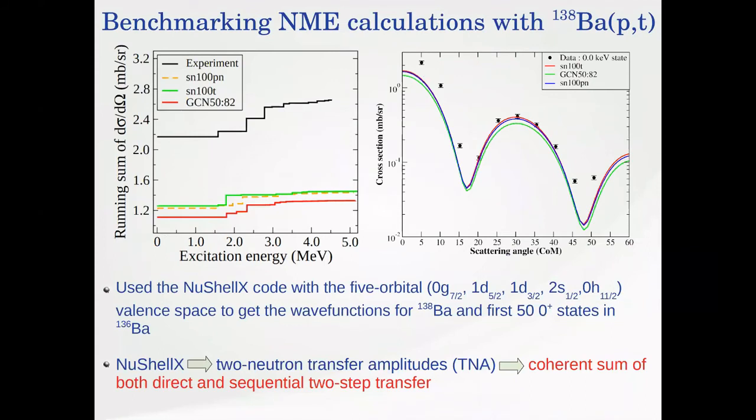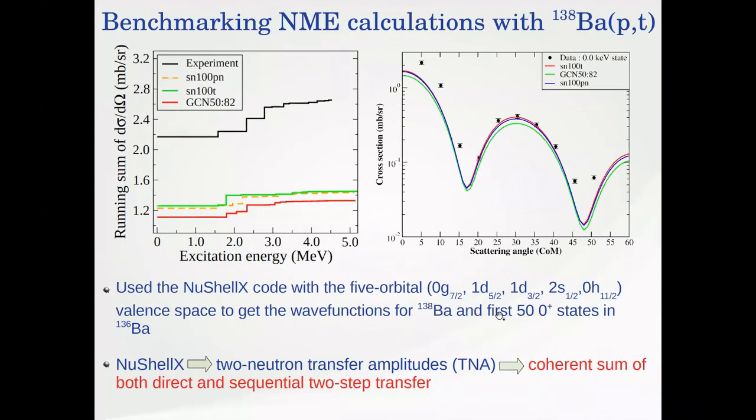Then we went ahead and collaborated with Alex Brown from Michigan State University, who gave us 3 interactions that are generally used for neutrinoless double beta decay matrix element calculations: the TIN 100PN, T100T, and GCN 5082, which is used mainly by the French group. And this is a running sum of our measured cross section at very, very forward angle, so L equal to 0 for the 0+ states. And this is what Alex Brown calculates using a large basis shell model calculation that incorporates these 5 orbitals between N equal to 50 and N equal to 82,